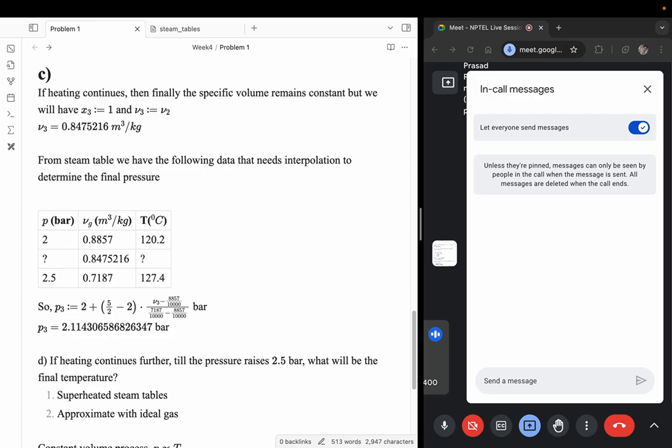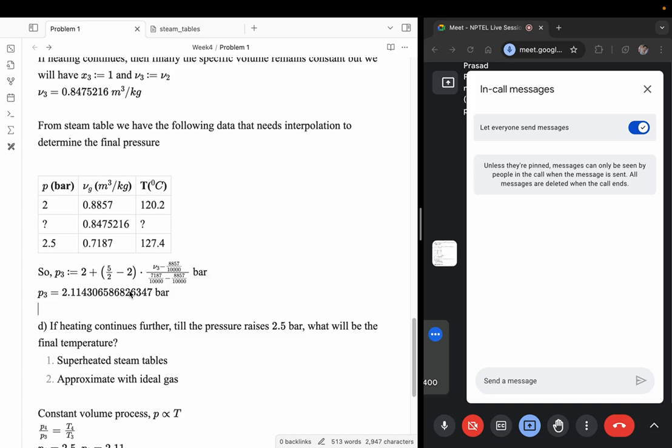And you are required to find the temperature at this particular point, so you can directly calculate that as a weighted average of these two, so that is 120.2 plus... So how do I calculate the approximate value? I'm just taking a linear interpolation between these two values, between 120.2 and 127.4, based on the values of my specific volume for the saturated vapor stage. So it is 120.2 plus, you take the average between these two, so 127.4 minus 120.2